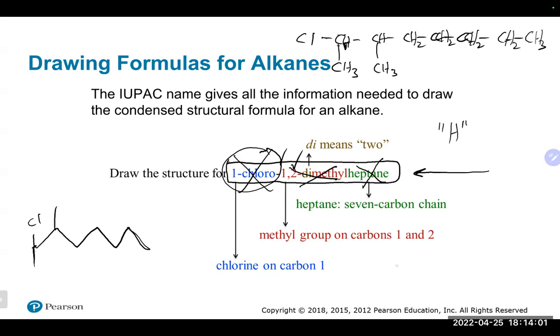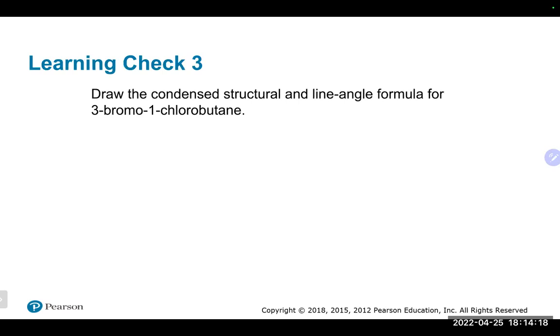Other questions on that? So again, always work backwards, start with just the carbons, put on all the groups in the proper locations, and then basically get every carbon to 4 bonds by putting the appropriate number of hydrogens. And you should be able to draw the correct structure each time. So I'm going to go here, draw 3-bromo-1-chlorobutane. Okay, let's take a look. So again, we're going to work backwards here in the name.